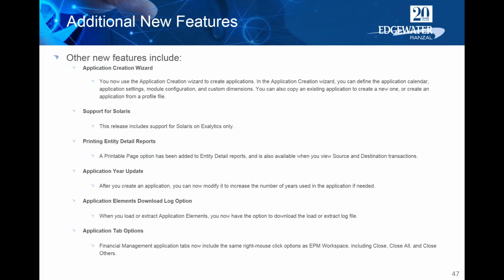You can add additional years to an application. There's a utility to do so. And when you load or extract application elements, you now have the option to download or extract the log file, which wasn't available before. And financial management application tabs now include the same right mouse click as EPM workspace, so you'll see close all, close other, close just this one. Those are the additional features and functionalities available in